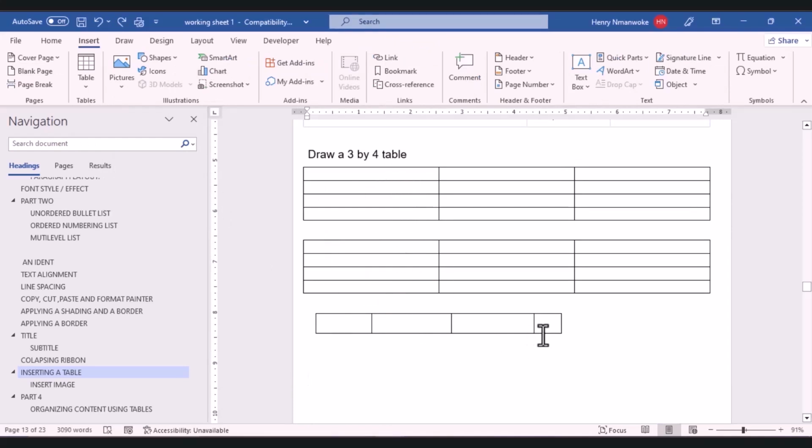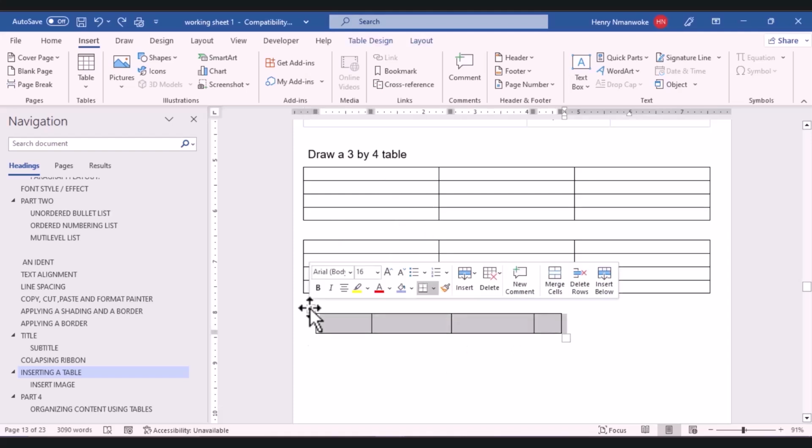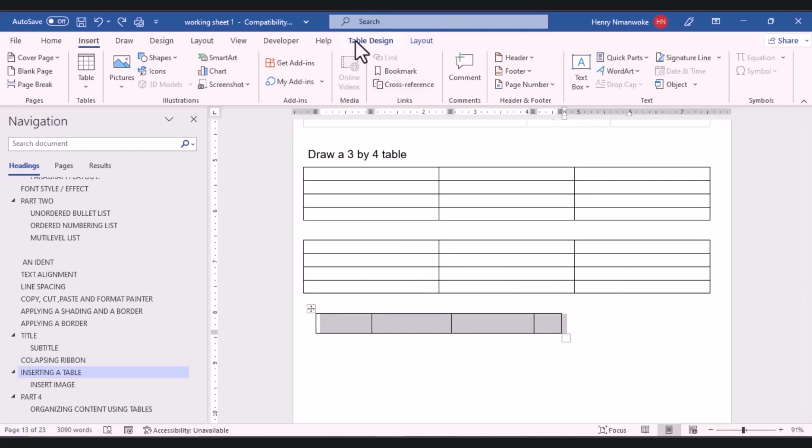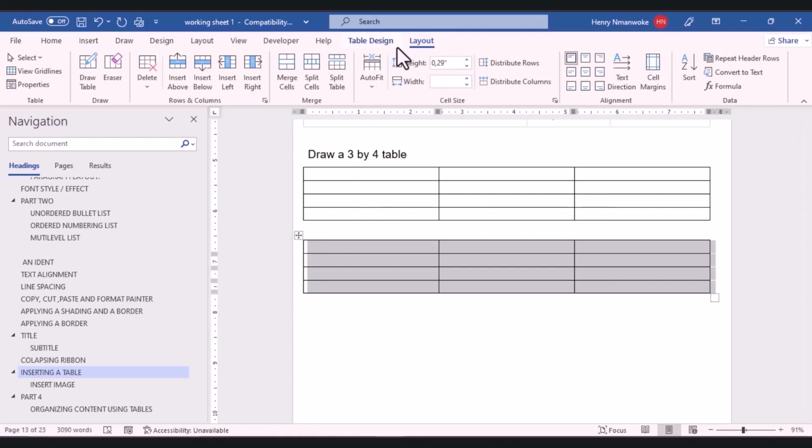So what I'm going to do is I'm going to click and delete. So to delete the table, when you click on a table, you notice something. Two tabs come up at the ribbon, the Table Design and the Layout. Now, so I can delete. I notice when a table is clicked, these two tabs come up, and with this, it gives you greater control